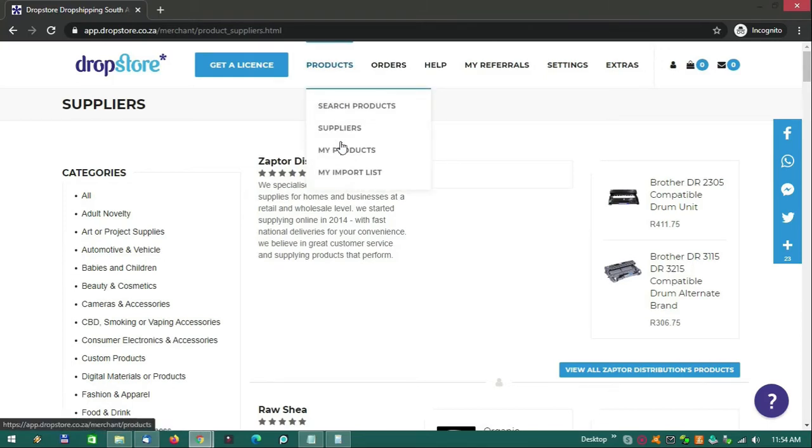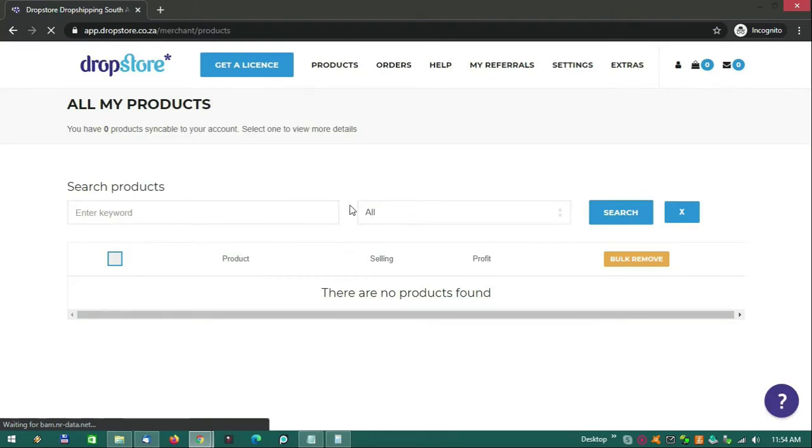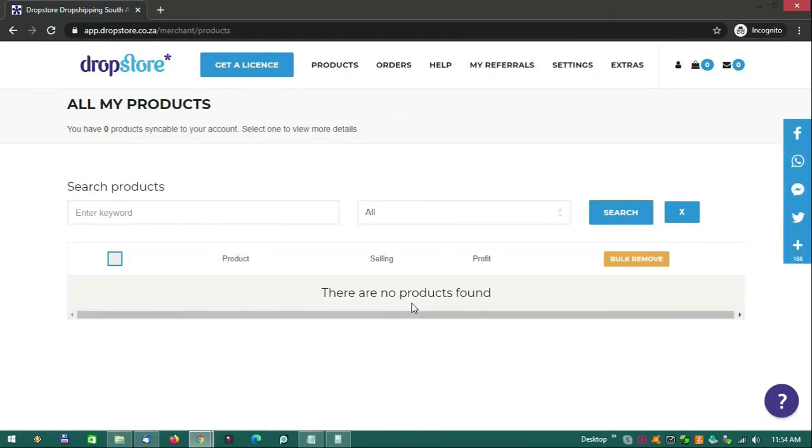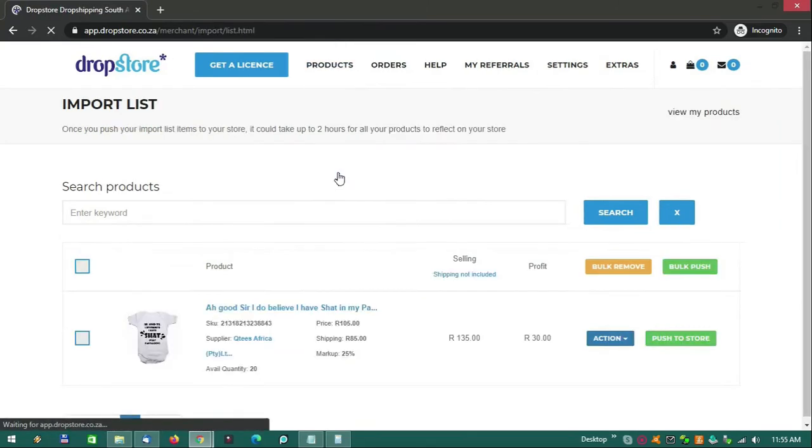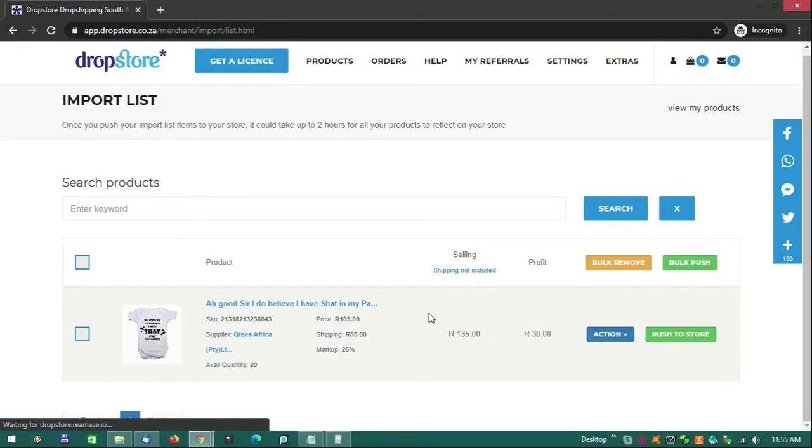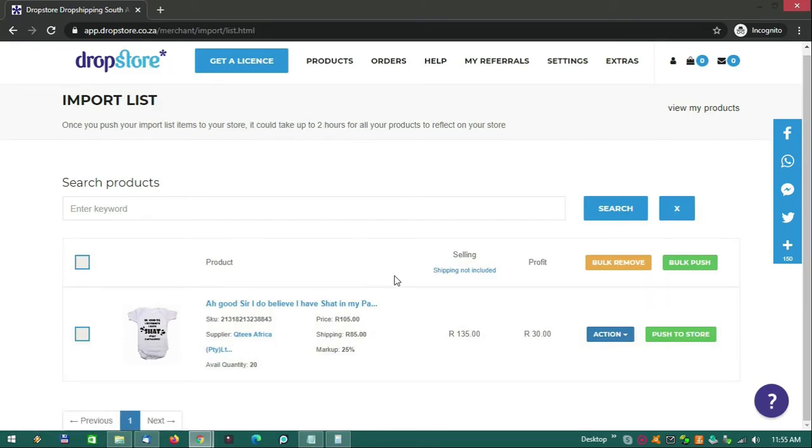And then obviously if I go to my products, you will see there's nothing here. Even though you imported products to your list, you won't find them here. The products you'll find here are only the products that have been imported to your actual store. So you won't see anything here until you import products. Once you go to my import list, you will see all the products that I've imported to this list. Then obviously if you have integrated your Dropstore with your own store, your own WooCommerce website,